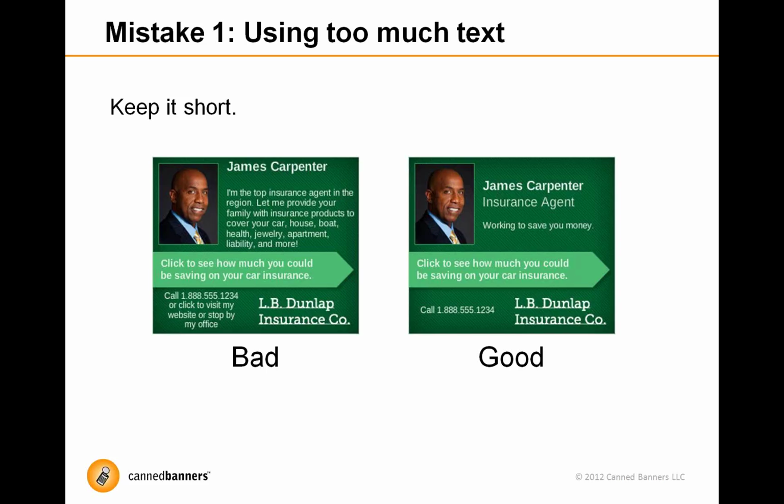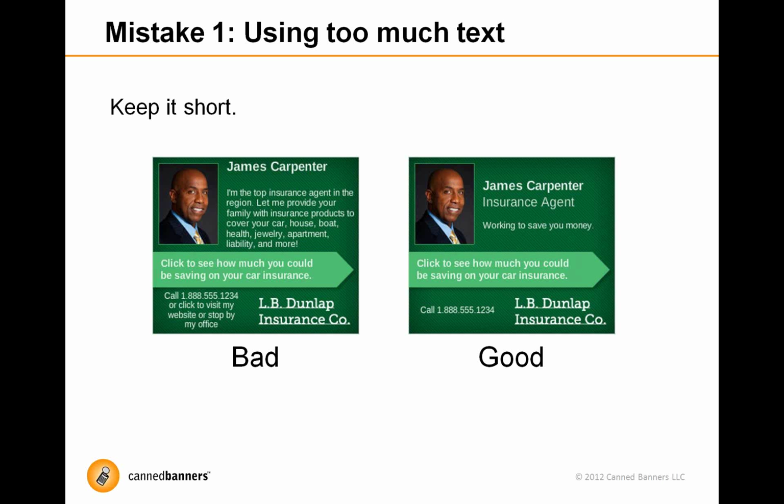James Carpenter, this fictional insurance broker, his name is way up towards the top. You can't really see it. Whereas the ad on the right, it's very easy to very quickly understand what it is James Carpenter is selling. If you're in the market for car insurance or whatever kind of insurance, it's just much easier to absorb the